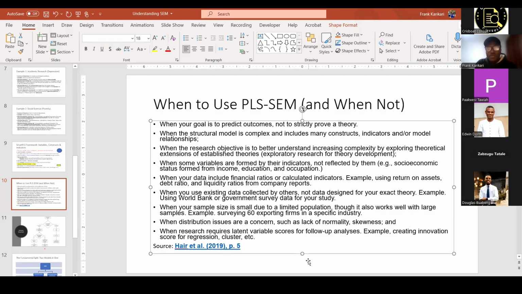When the structural model is complex and it includes many constructs, indicators or model relationships. So if there are multiple or complex dimensions that you want to assess, for example we have mediators, we have moderators, it is very good to use PLS-SEM. When the research objective is better understood by increasing complexity, by exploring theoretical extension of established theory. So if you want to do exploratory research, it is good to use PLS-SEM to help you achieve